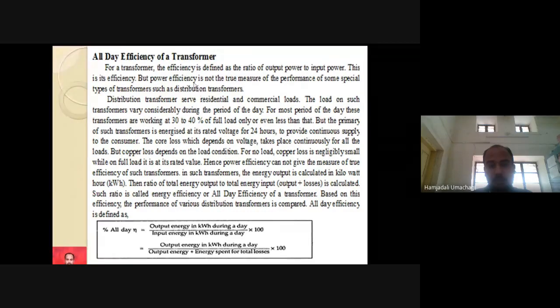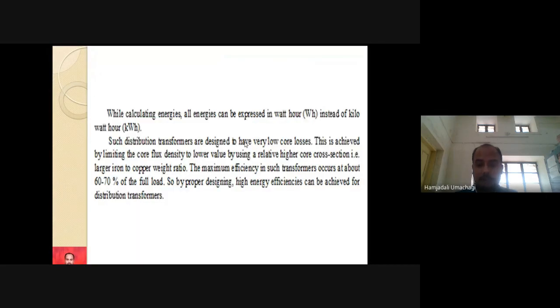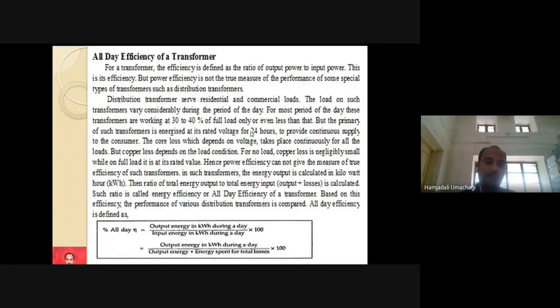Okay, so this is one kind of short note question. In the examination, they may ask, write a short note on all day efficiency of a transformer. So whatever description is presented over here, this description followed by this formula, this much if you write, then it is going to give you, if it is 5 marks, then you may get 4 or 3 marks, provided you write the things completely.